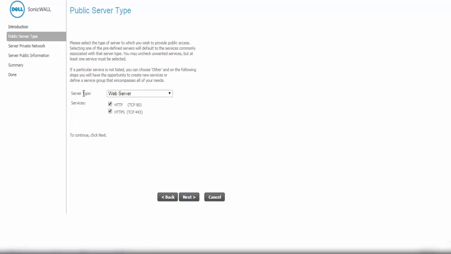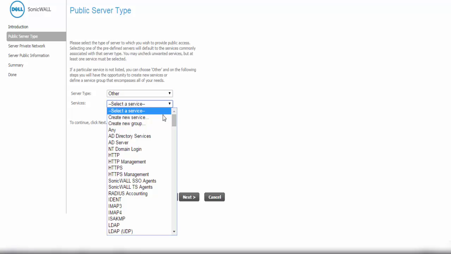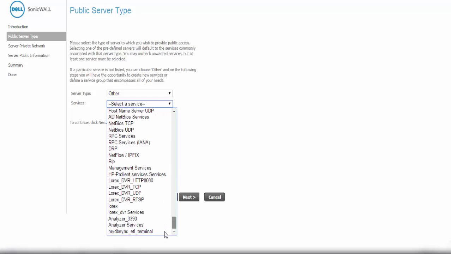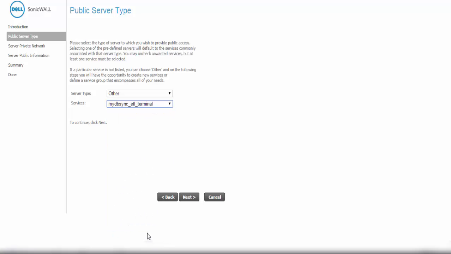Now here the server type, we have FTP, mail server, terminal services server or other. For Windows it is appropriate to choose terminal services server, but since I'd be using a custom port number to access it from public or remote, so I'll be using other. And service, the service I just created, that is my DBSync ETL terminal. So going forward,